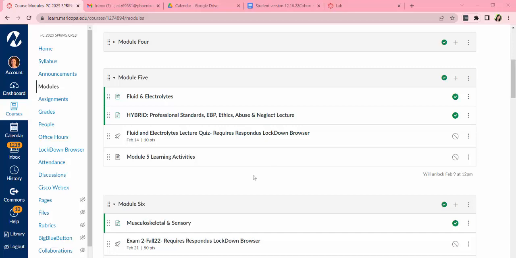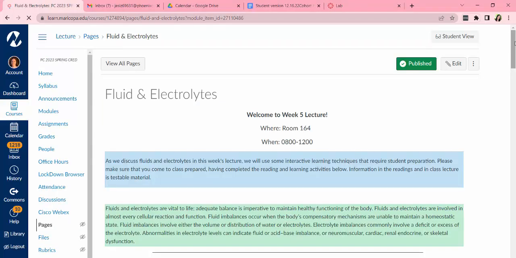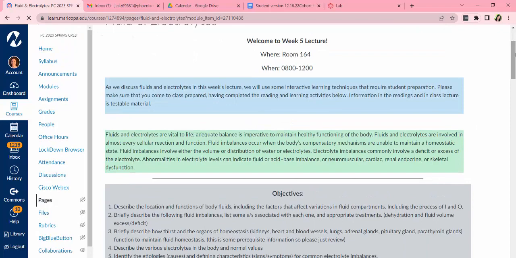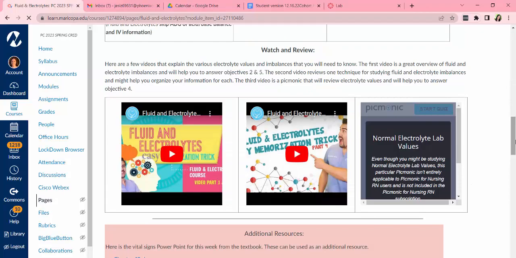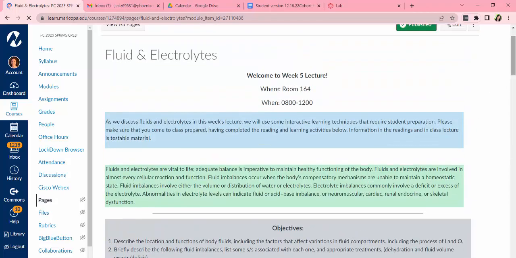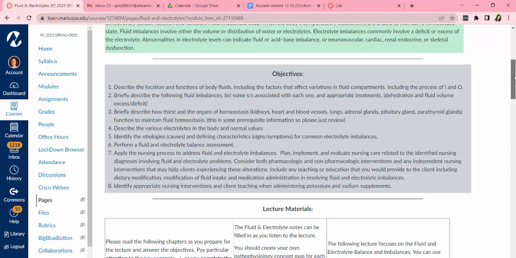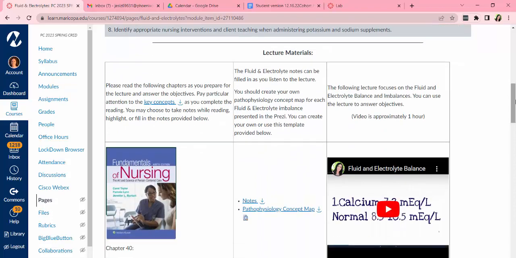First off, we'll start in the lecture course. We do have our fluid and electrolyte lecture. When you click on the page here, you will see the prep work that you have to get ready for the week. We have a quick introduction in the blue here, a little bit about fluid and electrolytes in the green there. We have our objectives here in the gray, and then we have all of our lecture materials, including